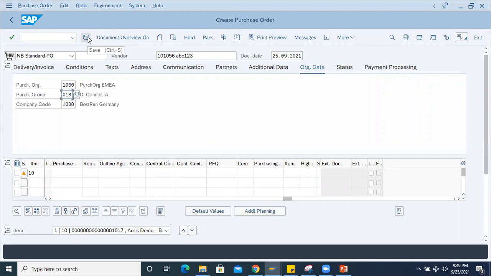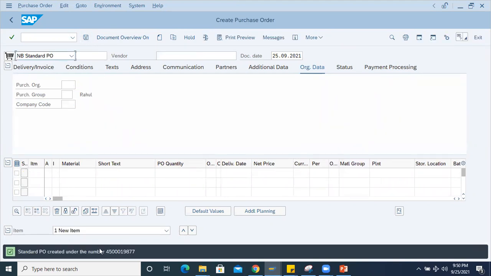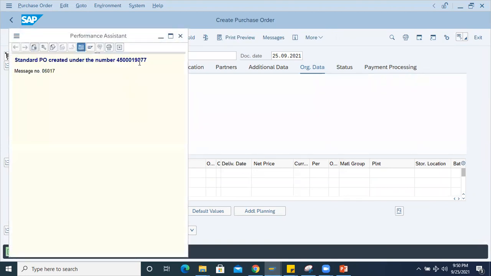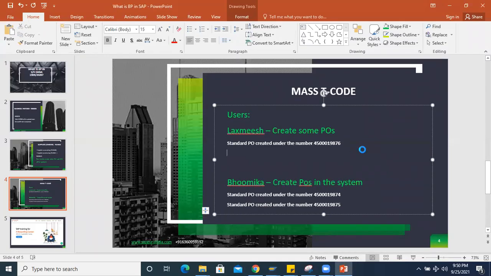In real time, a user will not make the mistake of selecting the wrong purchasing group, but I am going to show it to run the mass transaction code and how we are going to change the purchasing group for different users. So I'll save it. Now I got this PO. Now imagine these 4 POs are there in the system.